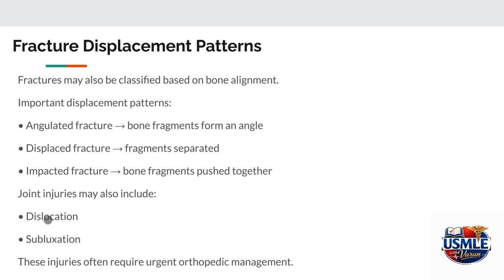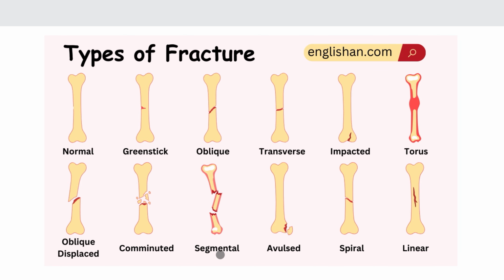Musculoskeletal trauma can also involve joint injuries. For example, a dislocation occurs when bones forming the joint are completely displaced from their normal position, whereas subluxation refers to partial dislocation where the joint remains in partial contact. Complete loss of contact is dislocation, whereas partial loss of contact is subluxation. These injuries often require urgent orthopedic management to prevent permanent joint damage. Not all fractures are